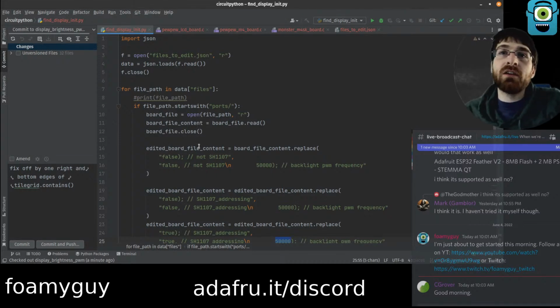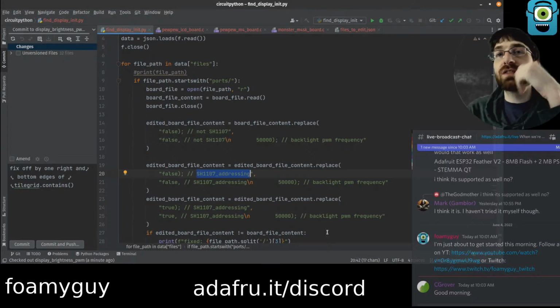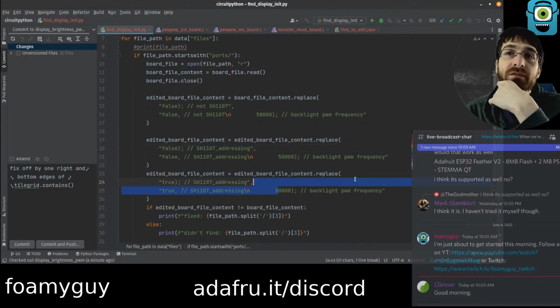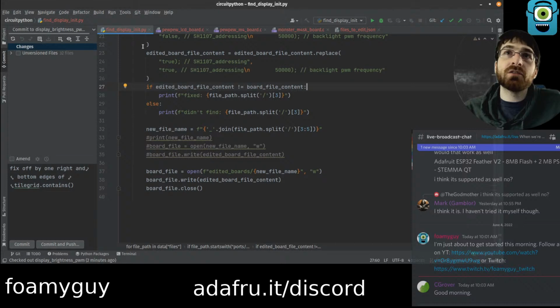But basically, we now have it finding the right line, replacing it with the right thing, and it's actually doing a couple of different variations of it, because different boards had different values for the previous last argument. Some of them had false, some of them had true, some of them had different comments as well. So this has a few variations now where it's find replacing and adding the frequency. I think it's not hitting all of them though, if I recall correctly. So